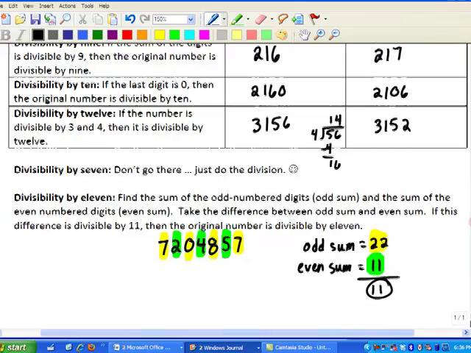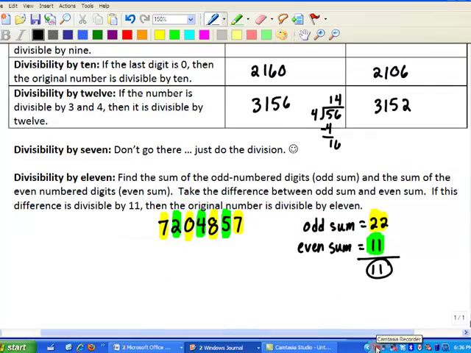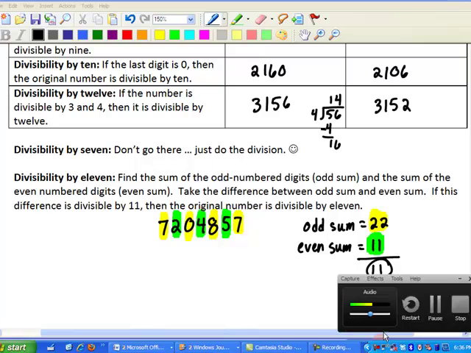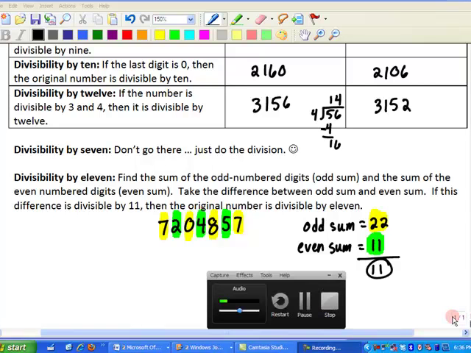Okay, so let me show you now why the 4 and 8 work, because these two are really slick, and they're really easy to explain once you've